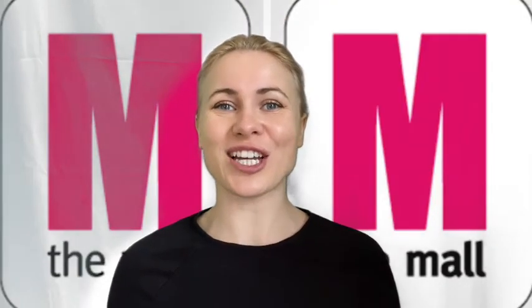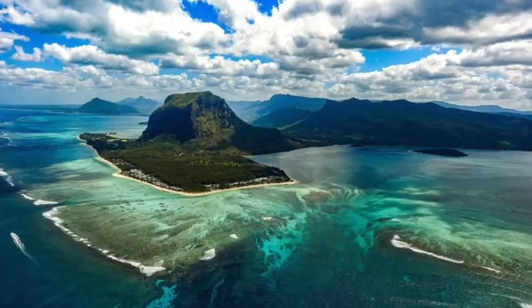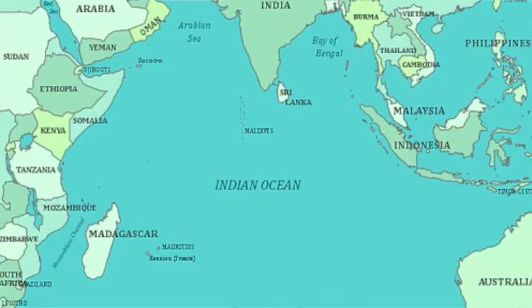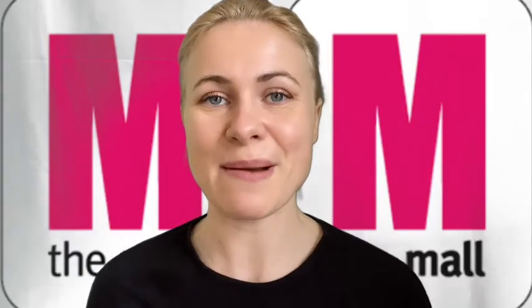Next ocean is the Indian Ocean. Now, the Indian Ocean is located between Africa and Australasia and the Southern Ocean. The temperature in this ocean is a lot warmer. It is between 22 and 28 degrees Celsius. Now, the Indian Ocean contains some of my favourite species. It has the